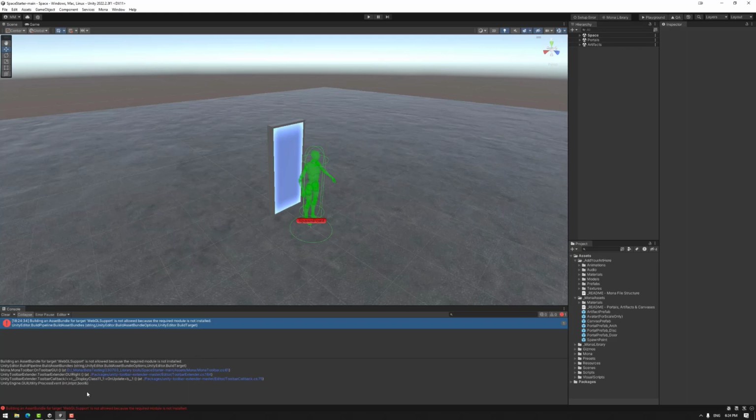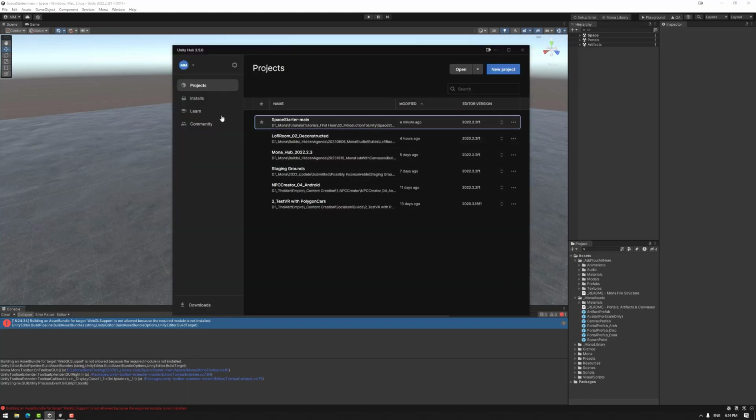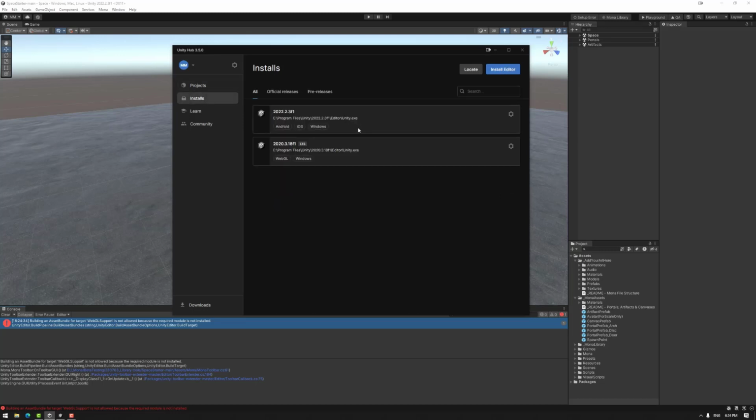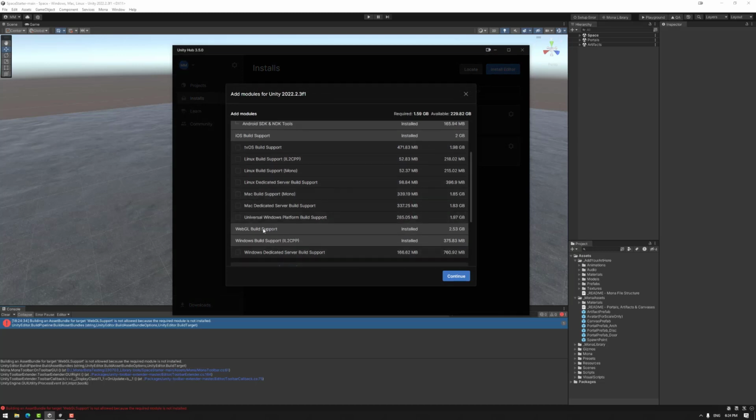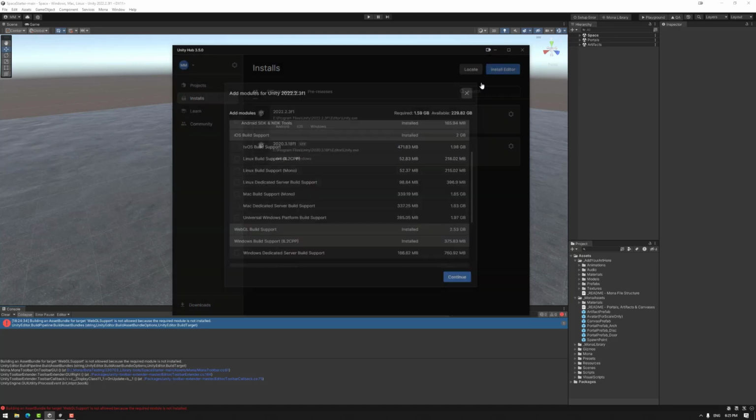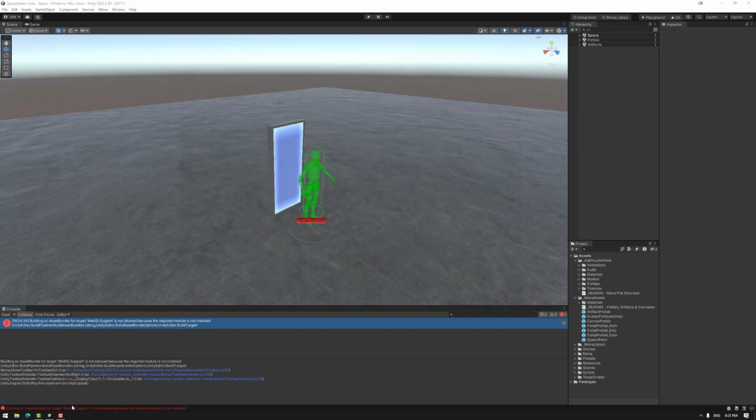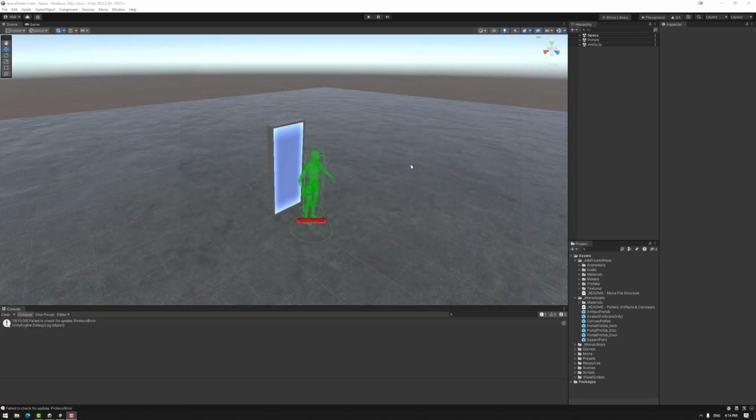As an aside, you can easily fix this by jumping over to the Unity Hub, going to the Installs tab on the left, selecting the settings button on the correct Unity version, and then adding the WebGL module here. Errors that are in yellow can usually be ignored. Depending on what you plan to create, there are several other windows you may need that are not included in